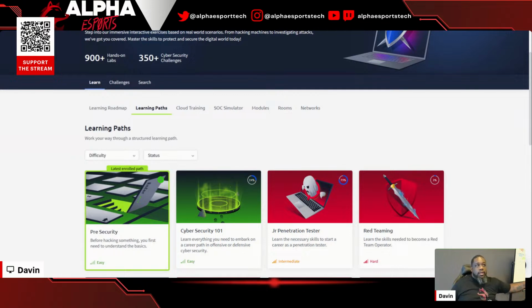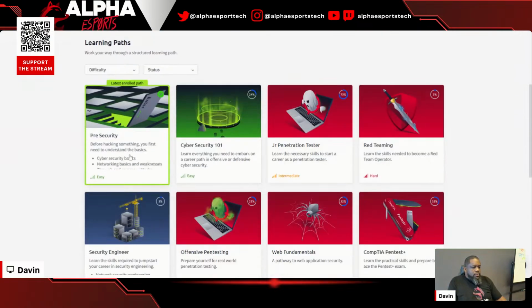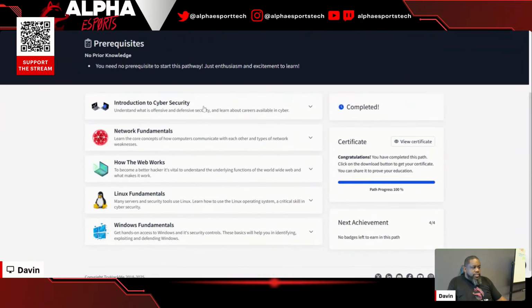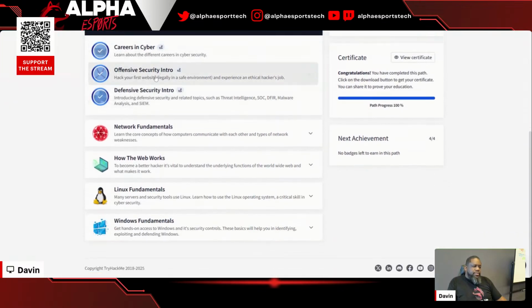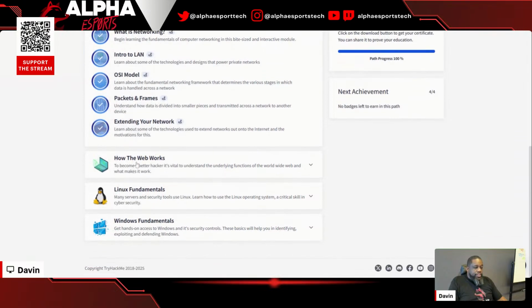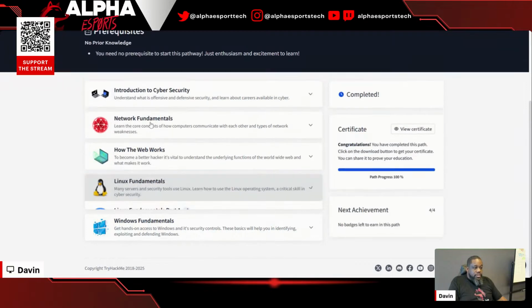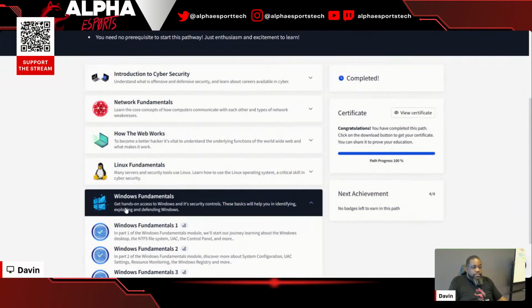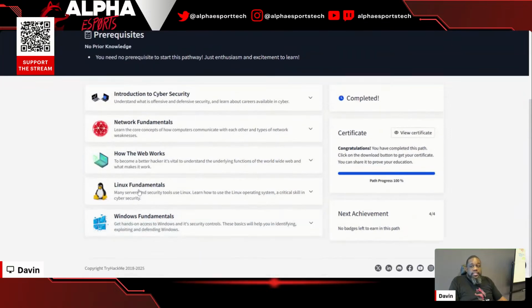So with that being said, like I said, we covered a lot in the pre-security path. We did the introduction. Actually, we didn't really, we just kind of glanced over it. But we covered all of the networking fundamentals. And then we actually skipped how the web works and jumped into Linux fundamentals. And then from there, we jumped into Windows fundamentals. That was an accident on my part, but because we did that,